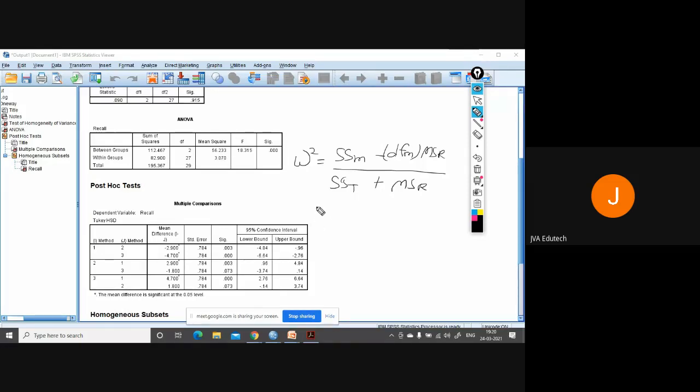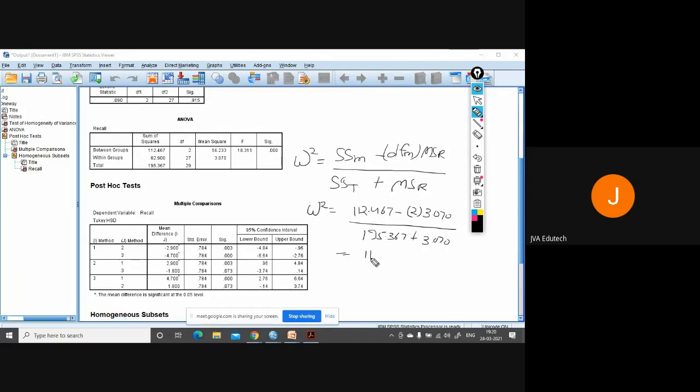Now we will calculate the effect size using this formula. Omega square is equal to SSM, 112.467, minus 2 into MSR, that is 3.070, upon SST, that is 195.367, plus MSR, 3.070.